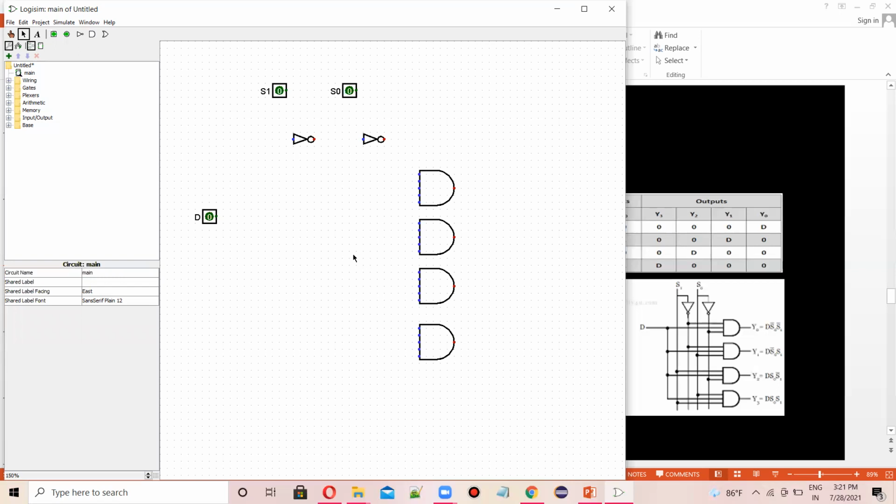Now let's name these outputs. Let's take 4 outputs: 1, 2, 3, and the 4th one here. Now I think it is clear. Now we have to connect these.